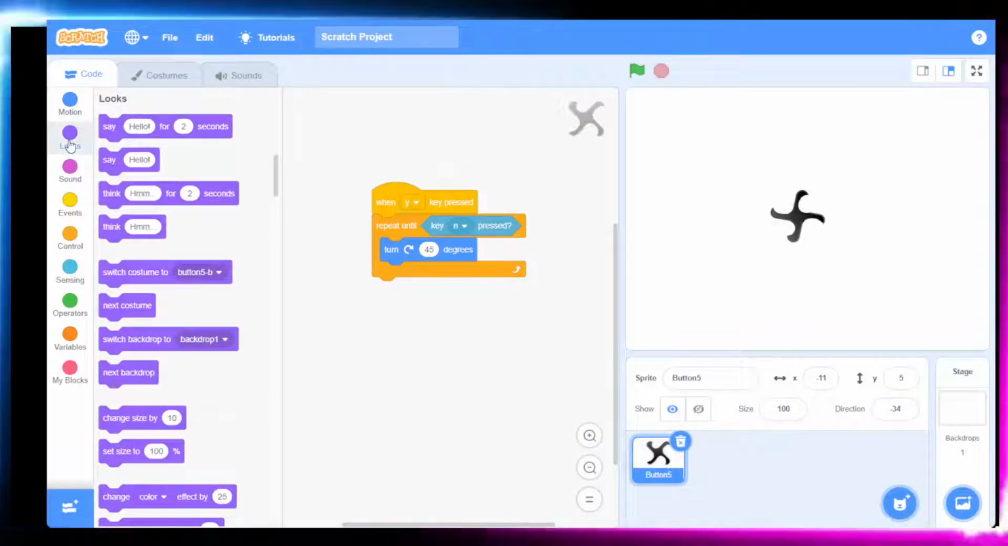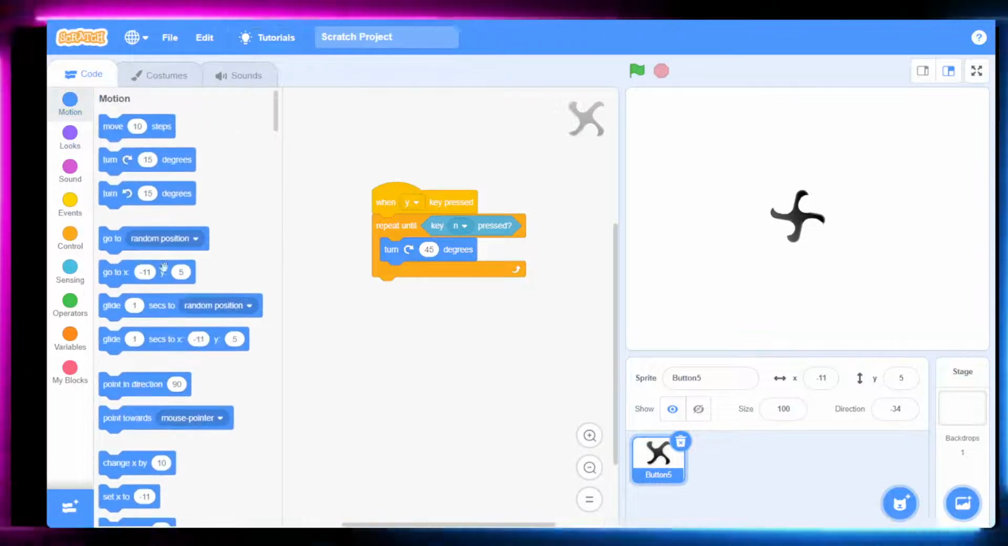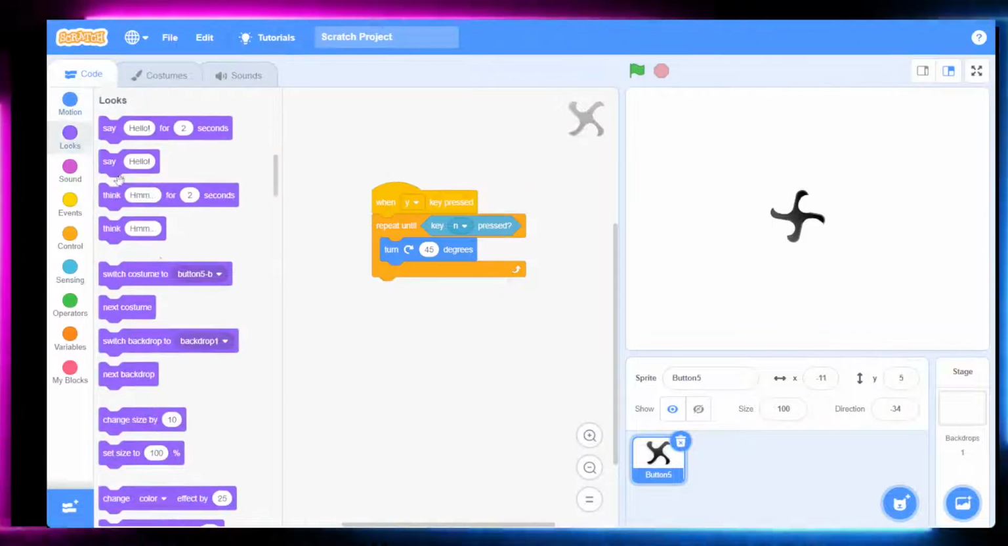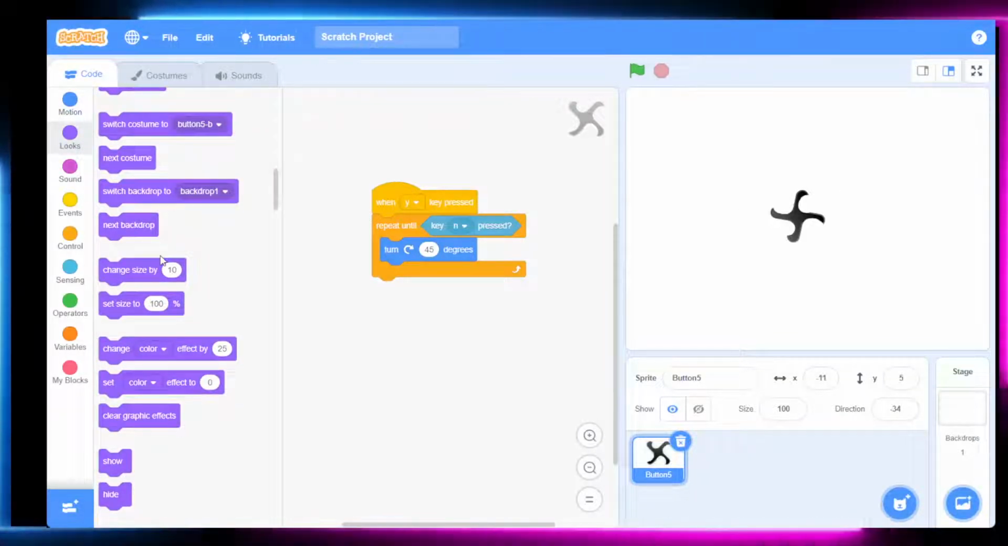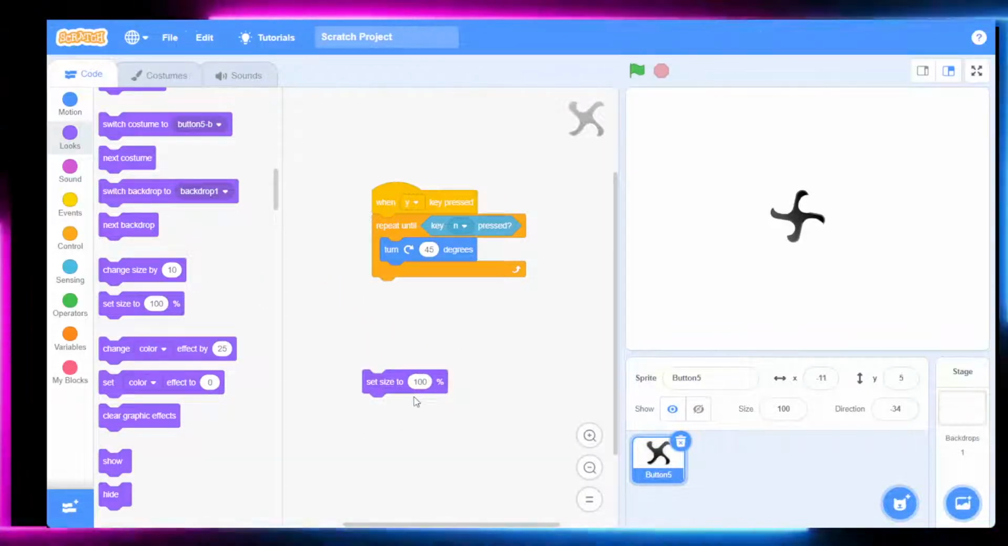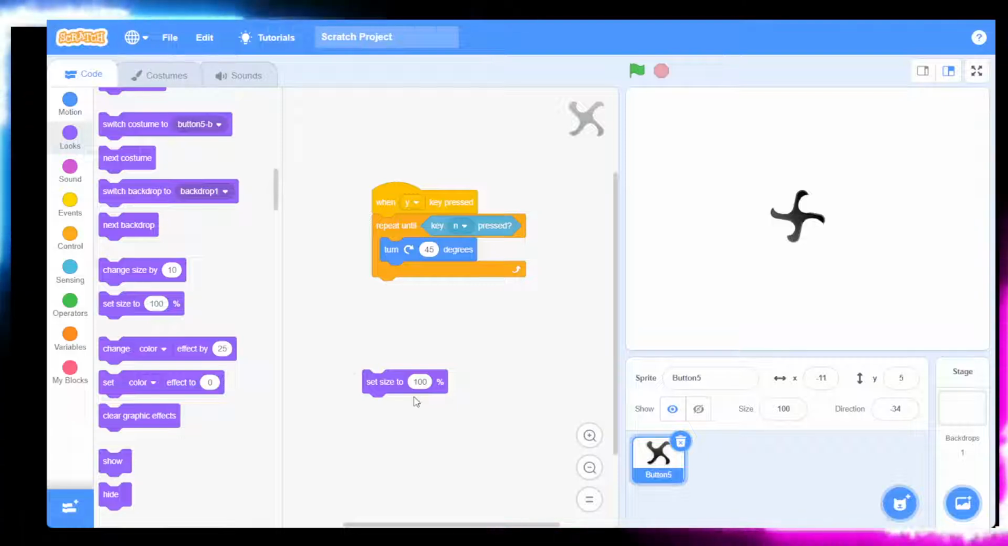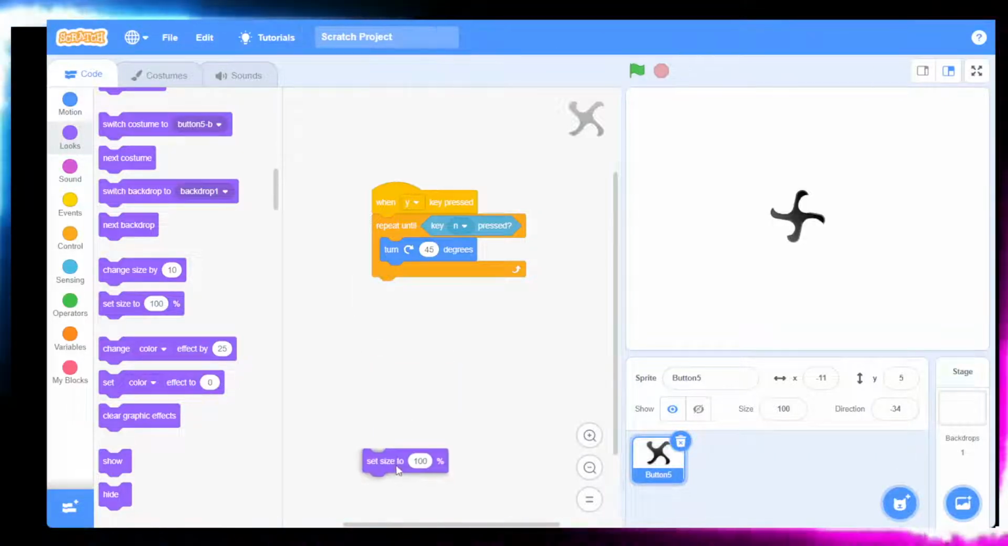Now let's visit looks. Now set size to 100%. 100% means the same size. If I put it here now,